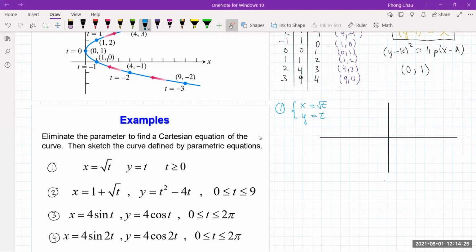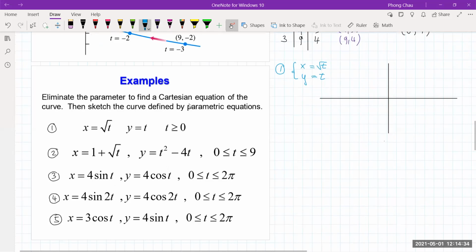This is 10.2 parametric curve part 2. Right, let's look at the example here where we will convert these parametric equations into Cartesian equations. Again, the parametric equations are a set of equations for x and y, and sometimes there's a condition for